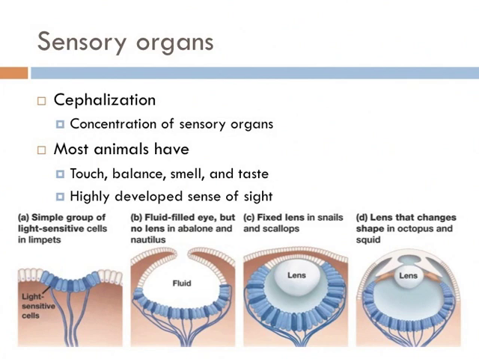However, the shapes would appear very blurry by our standards because the lens isn't fixed. Also, it doesn't have the ability to move. The most sophisticated visual organ is the eye, and it has a lens that has the ability to change shape. This allows organisms such as the octopus and even humans to be able to focus on an object at one distance and then look at an object at a different distance and be able to refocus the lens.